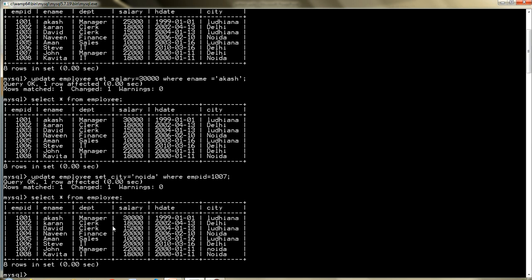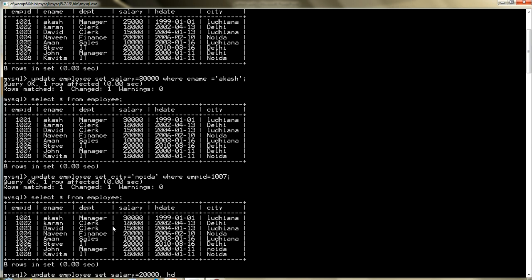So update employee, again of course set will come. Now you can write down, I want to change the salary, so I will write down salary equal to 20,000. Now you want to change one more value also, so let us take the hire date this time.